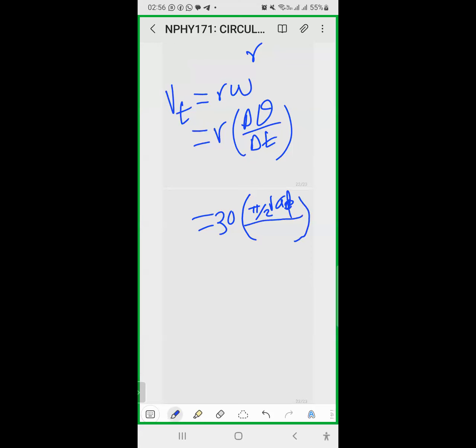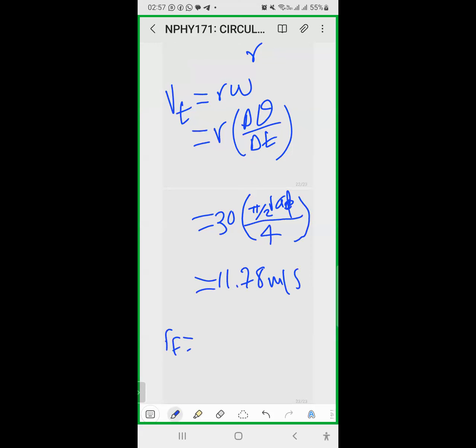It took only 4 seconds. So we divide this by the time, 4 seconds, and then you punch it on a calculator, you're going to get that the tangential velocity is 11.78 meters per second. Therefore, the frictional force